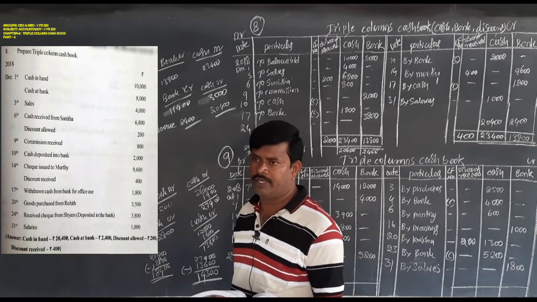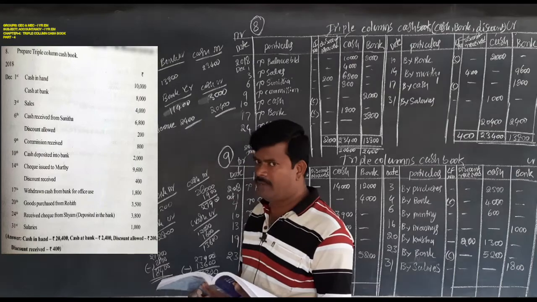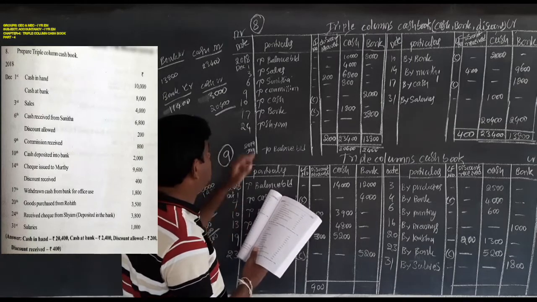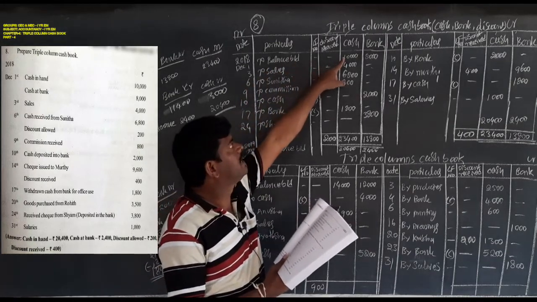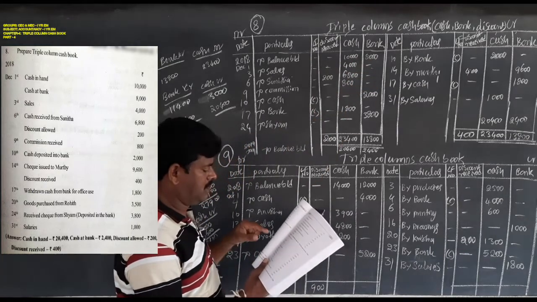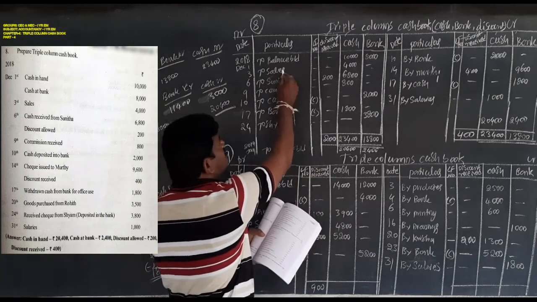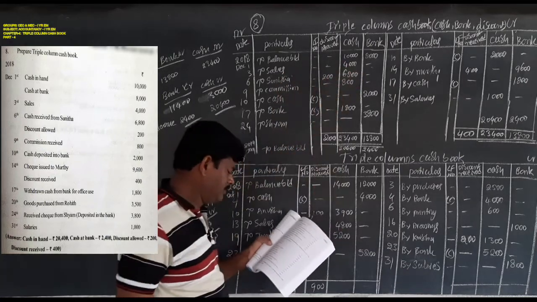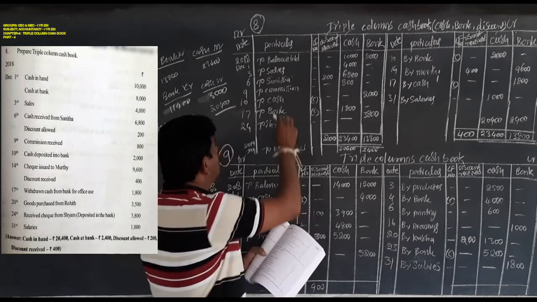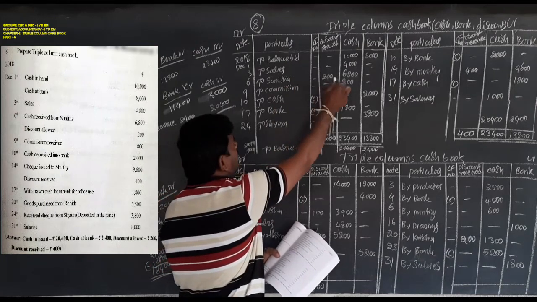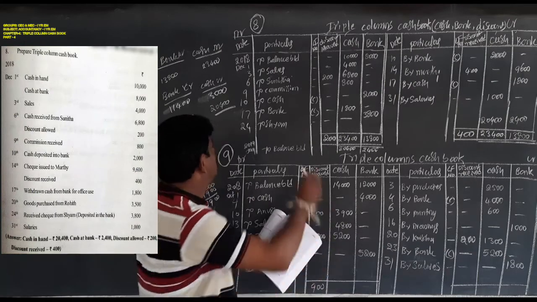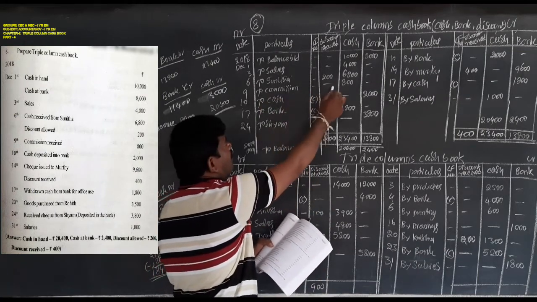This is the problem about 8th. Let us come to it one by one. First, on December 1st, to balance brought down, cash in cash column, bank balance in bank column. Next, third, to sales, amount in cash column. Sixth date, Sunita, cash received from Sunita, to Sunita, discount 200 rupees, amount in cash column. Next, ninth, to cash commission, amount in cash column.